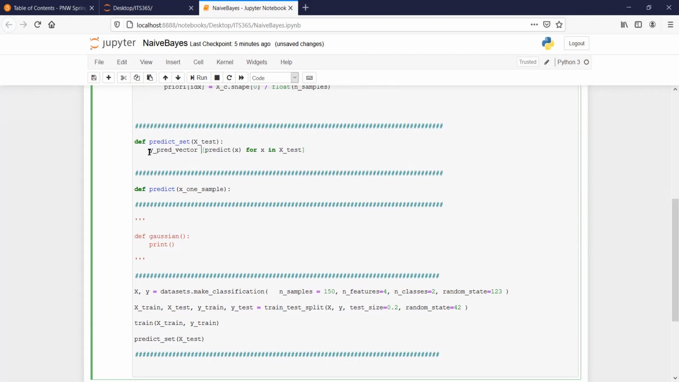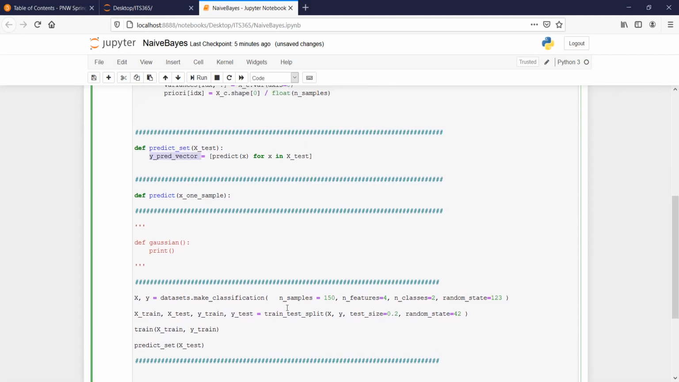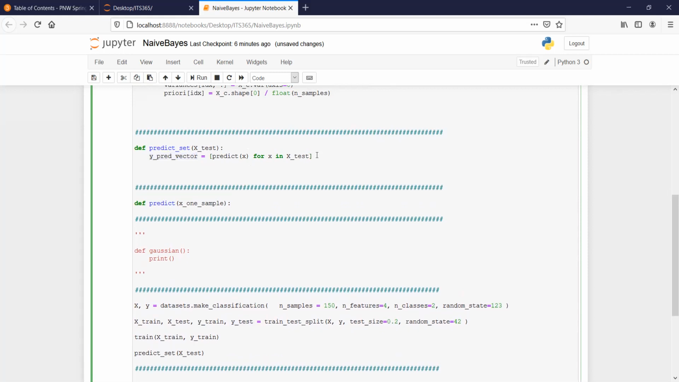vector, let's say, right? So then later when you guys look at your accuracy, you will compare this vector to what? To Y test, because this one has 30 labels, the real ones. This one has 30 labels, the predicted ones. Okay? So that's an important element. So this function is quite straightforward. You just have to return